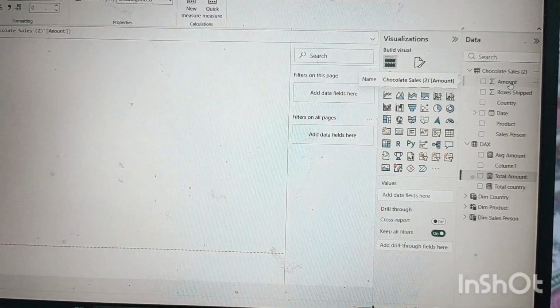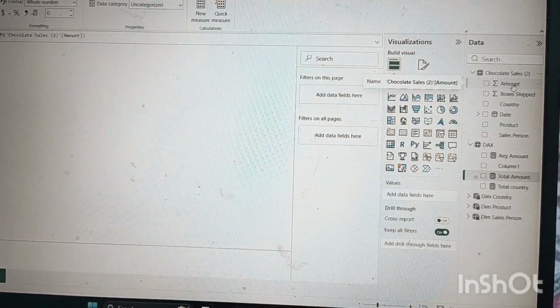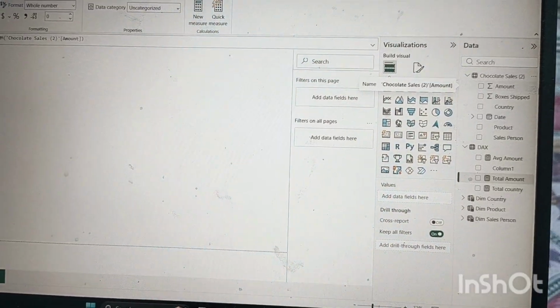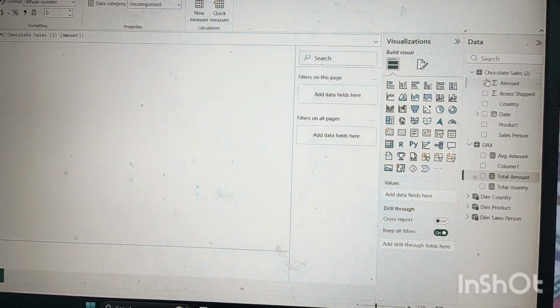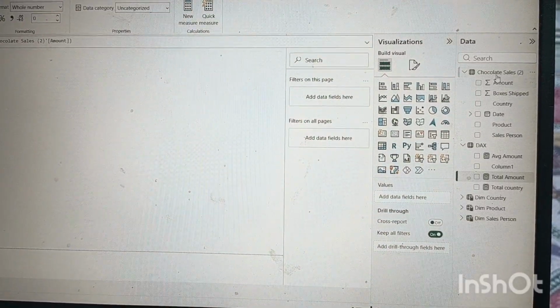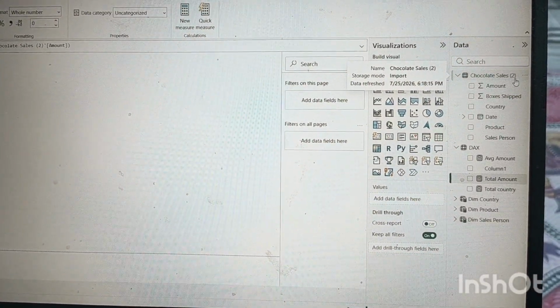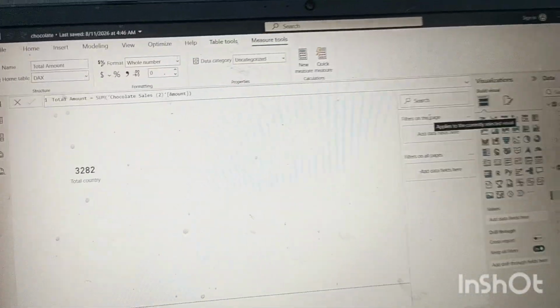Right now we are going to perform total amount. The amount column is available in chocolate sales 2. So first we have to type amount, then it will show you chocolate sales 2, then we will have to select chocolate sales 2 and amount. So right now, guys, I am going to perform it and show you again.